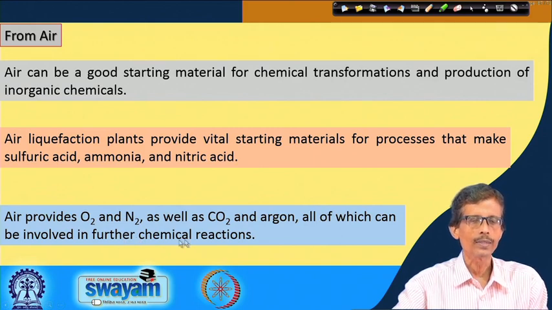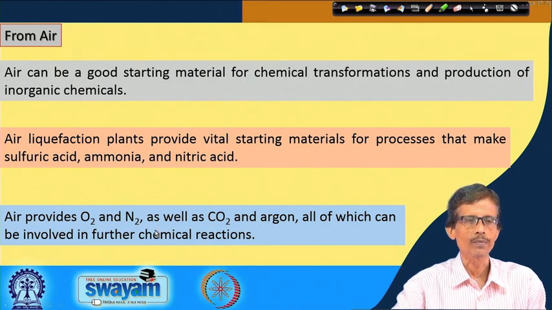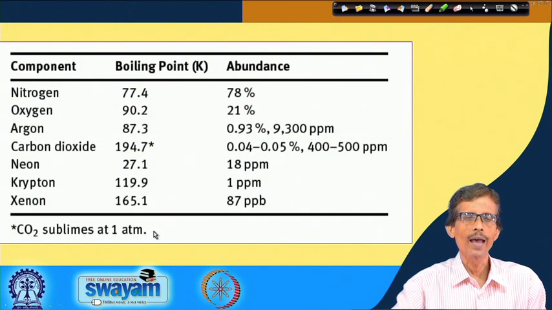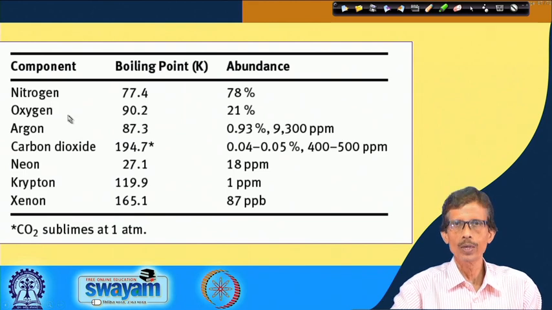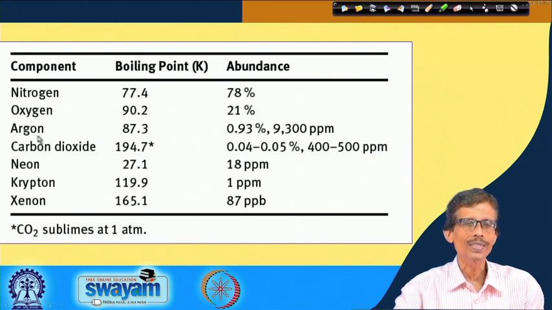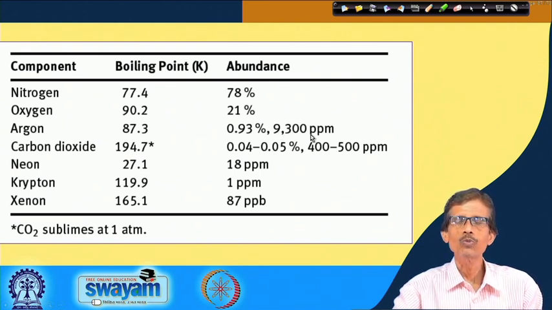For all these, we can have further chemical reactions to follow to utilize these starting materials. So, in air, what can we have? We can have different components, and so far we are considering 3. Why are we calling these 3 only? Because percentage-wise these three are the maximum. So, we have nitrogen of 78%, oxygen of 21%, and then argon of 9300 ppm, compared to neon, which is 18 ppm only in air.